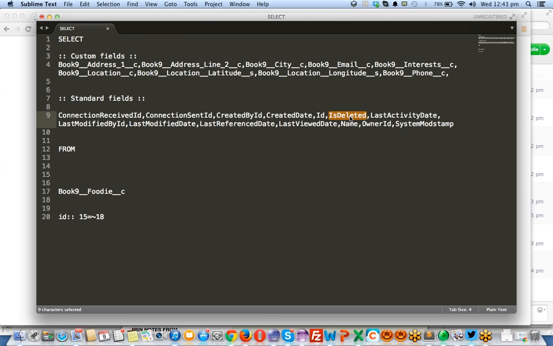Same way, when you delete a record, it goes to the recycle bin, but it is still available in the system with IsDeleted equal to true. If the flag is equal to true, it means it is deleted from the object and sitting in the recycle bin, but it is still available in the object. IsDeleted is a simple flag saying whether it is deleted or not.